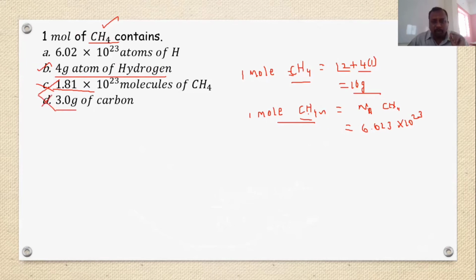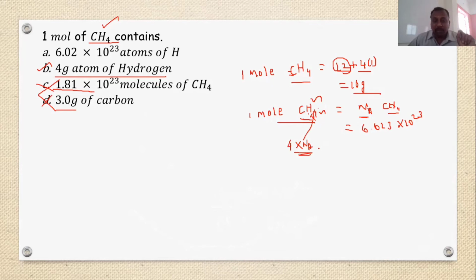Yes or wrong? 1 mole evlo gram, 12 gram carbon is there. So option B is also wrong. So option A was correct. 1 mole evlo hydrogen, 4 hydrogens irukku. 4 hydrogen அப்படின்னு சொல்லிச்சுன்னா 1 mole of a substance contains 4 into Avogadro number of hydrogen atoms. Molecules சொல்லும்போது தான் 1 Avogadro number of CH4. But atomல சொல்லும்போது 4 atom இருக்கு. 1 molecule 4 atom. So 4 into Avogadro number of hydrogen atoms present.